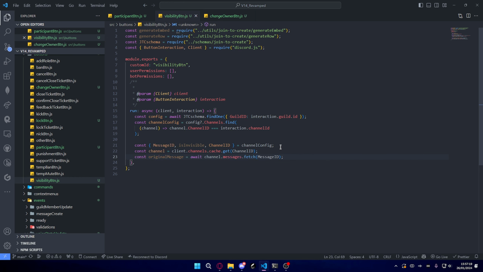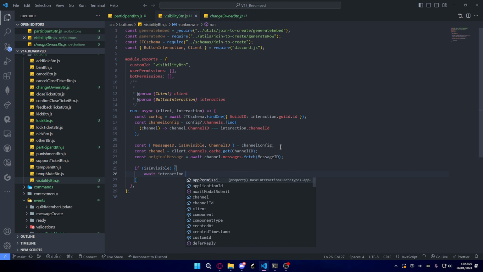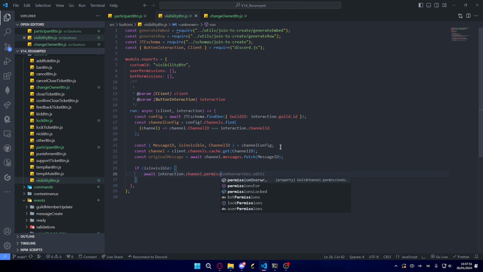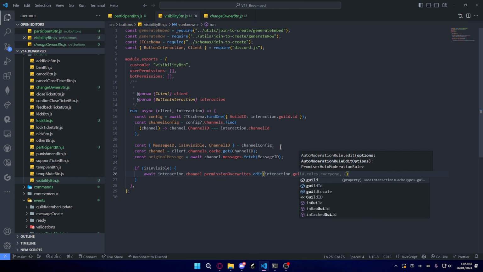We'll do const originalMessage, which is that, and then we'll do if isInvisible, we'll go and do await interaction.channel.permissionOverwrites.edit interaction.guild.roles.everyone